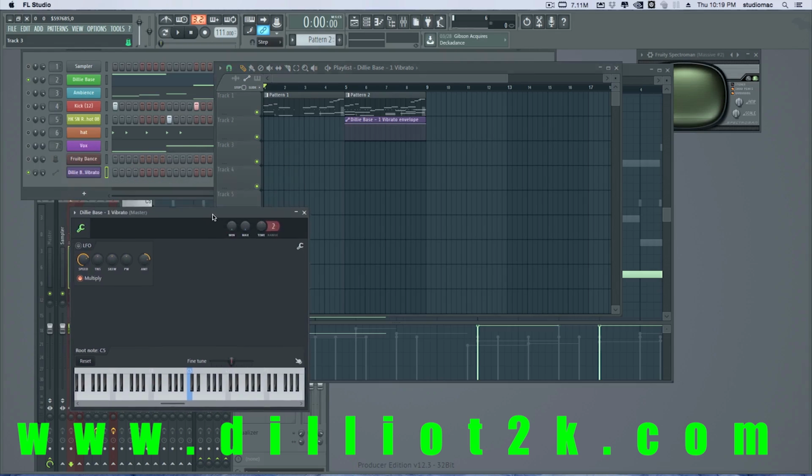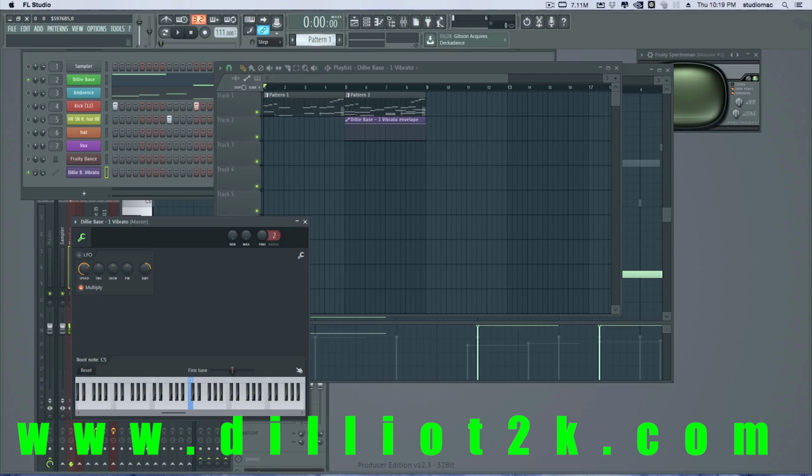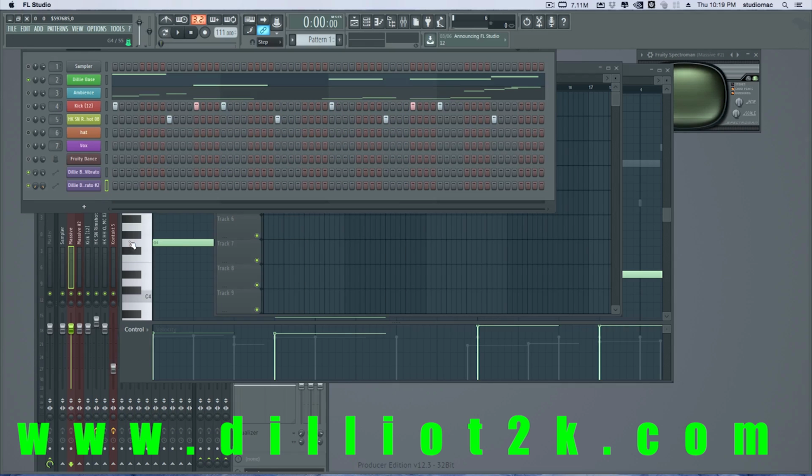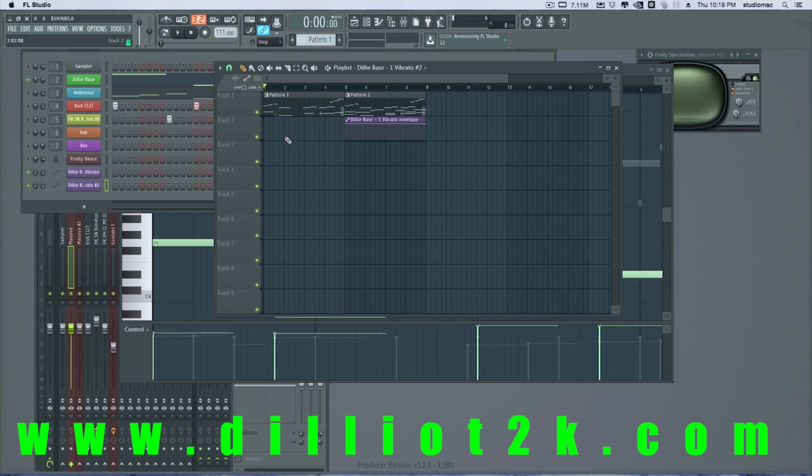Okay. And then actually, let's see if I can clone that. Right click, clone. And see, now we have another set of automation to play with right here. Let me make sure I'm not jacking that up. And again, you know, things could be a little glitchy because this is an alpha and it's not done. But that's okay. So we're going to take this down